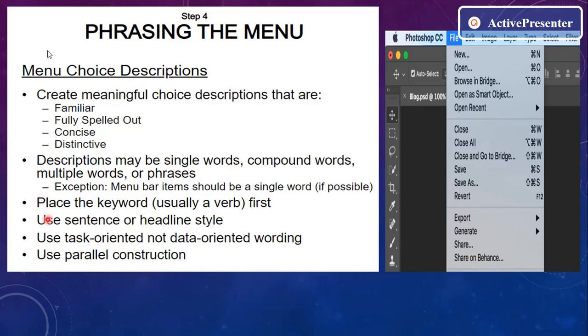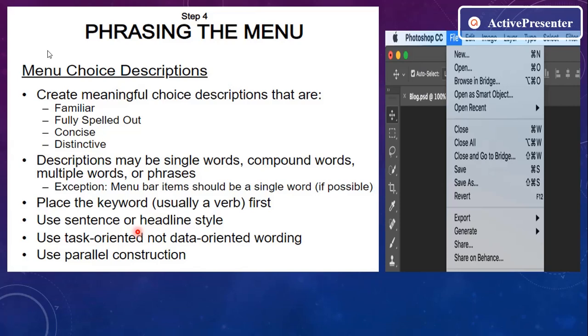And next we have capitalization also. Capitalize the first letter of every word. See, if you have seen the particular description here, the first letter of every word is capitalized, so that also you have to remember. And next is task oriented wording. That means task oriented wording usually positions a verb first, such as, for example, you may have manage customer information.